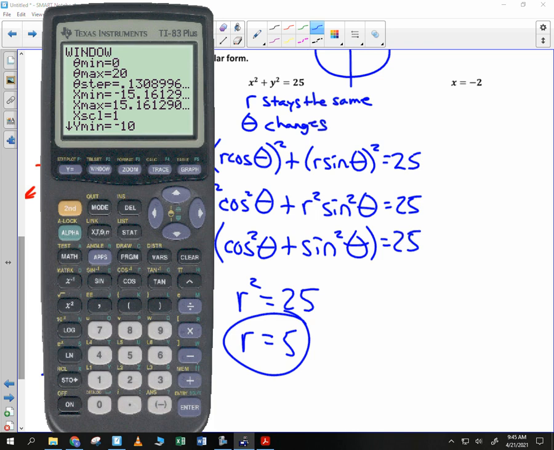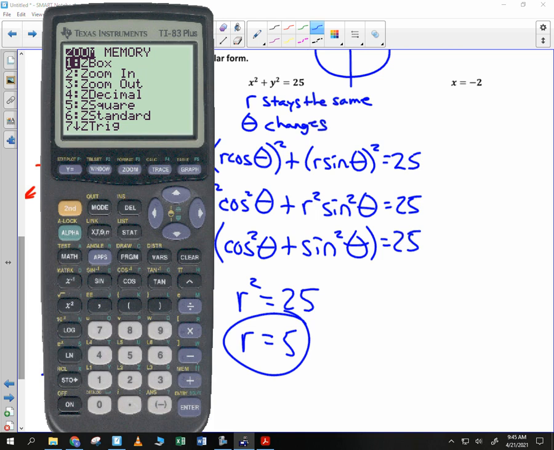So if you go zoom 6, that would bring you to a standard viewing window. But if you go zoom and you do a square, number 5, that will bring you to a window that will produce more likely a circle. And if you just go r is equal to 5,